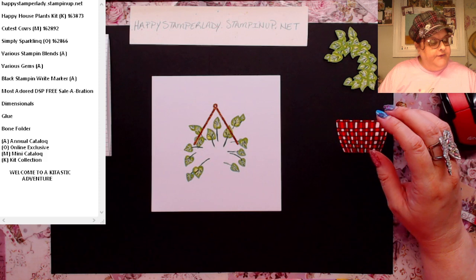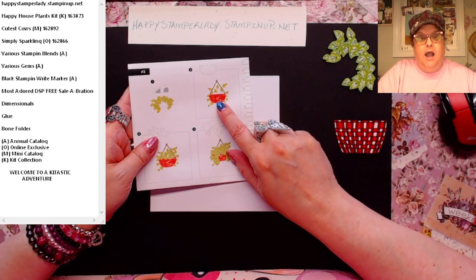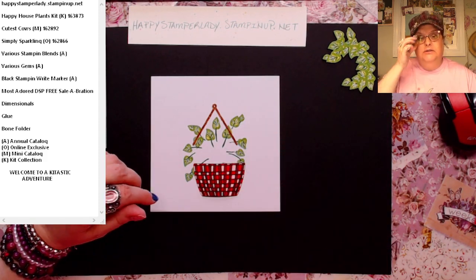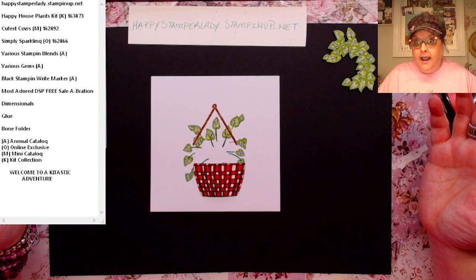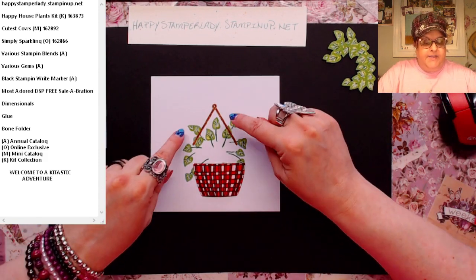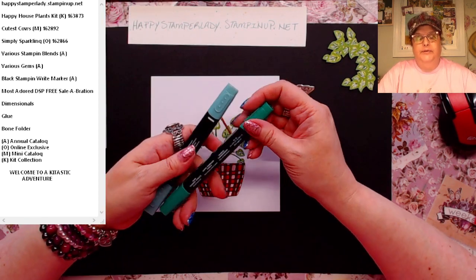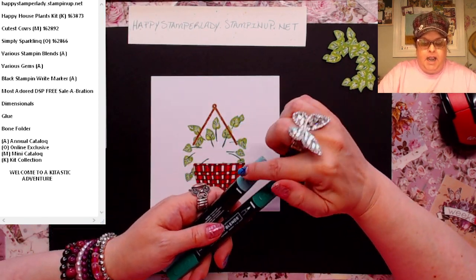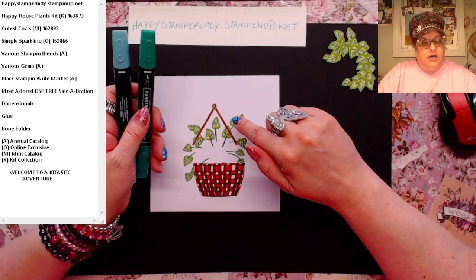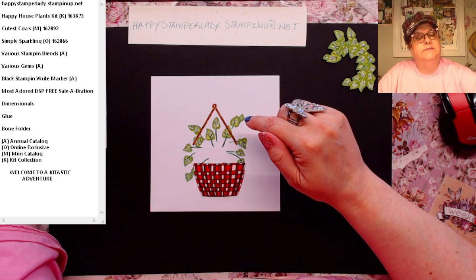Okay, so the first thing that I did is, if you will notice, it came with a pot. I colored the pot to look like a strawberry basket. That's the beauty of reimagining these kits. And then the leaves, if you notice, I took some of our blender pens and I outlined the leaves, and then I did the veins in the darker, and then something that a friend of mine, Trisha Smith,